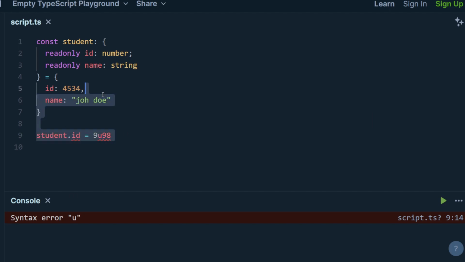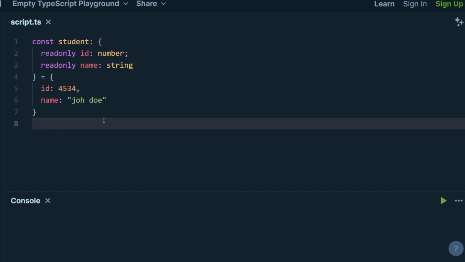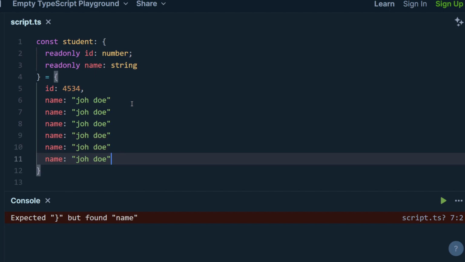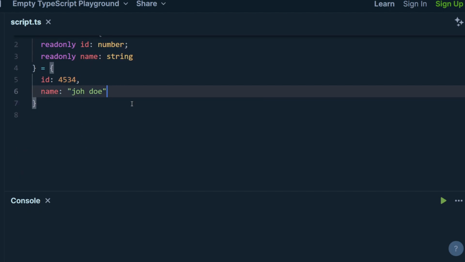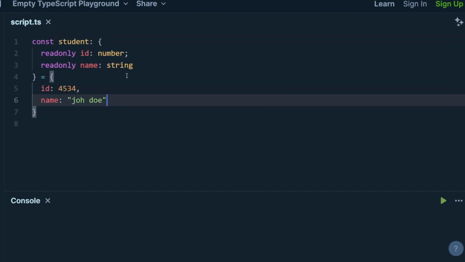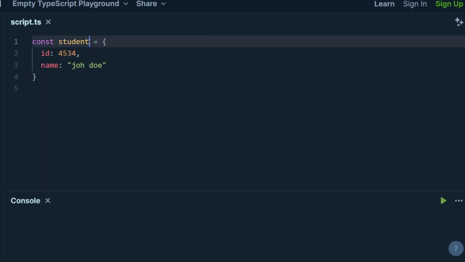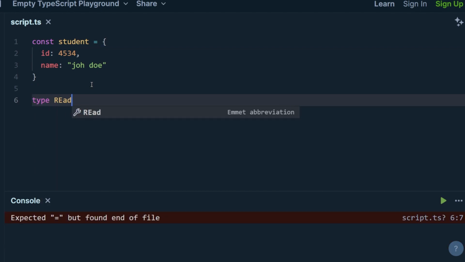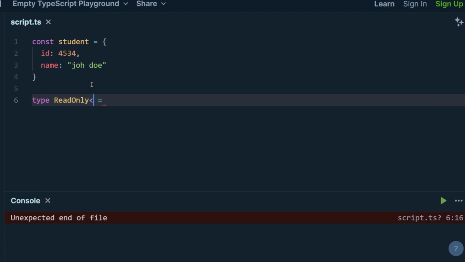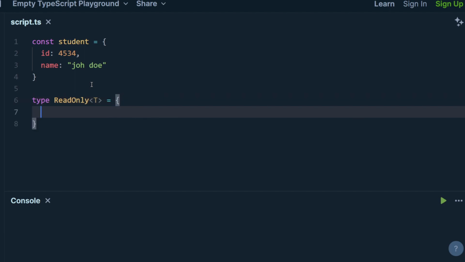But when the type starts getting bigger and bigger, for example, you have so many of these over here, you don't want to do it. So how do we do that, right? Let's create a new type. Let's create a generic type, which will take an input as a generic. And then we will say, hey, take each and every element